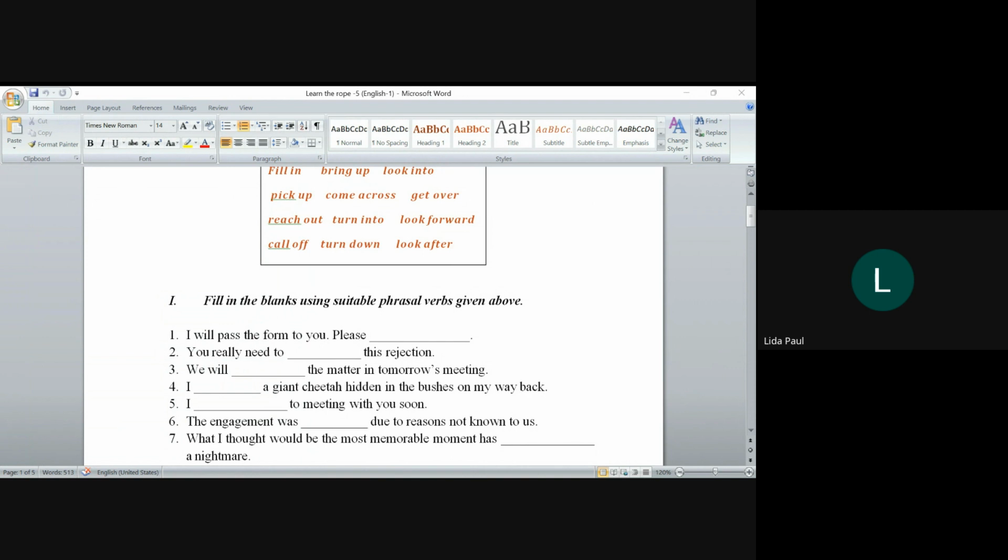So get over, yeah. But again, the meaning of get over is forget something, right? Or recover from something, right? Get better, get out of something. That is what get over means, okay? All right, get over this rejection. So anything that comes with that kind of meaning, you can use get over with it. Third one. Okay, get over again. Is it separable or inseparable? Can I say you really need to get this rejection over?